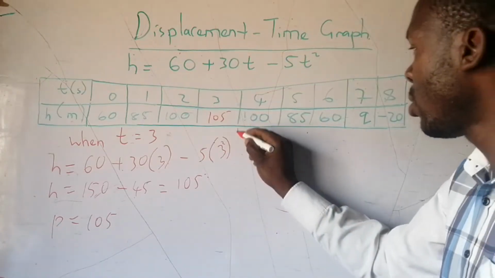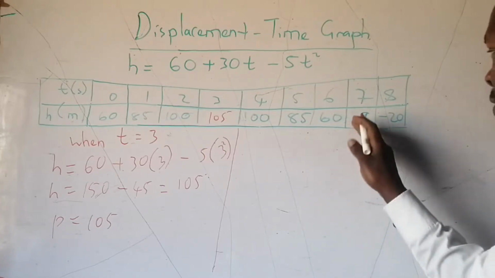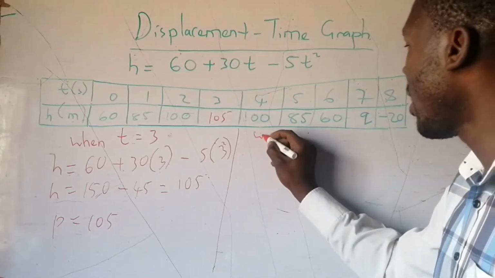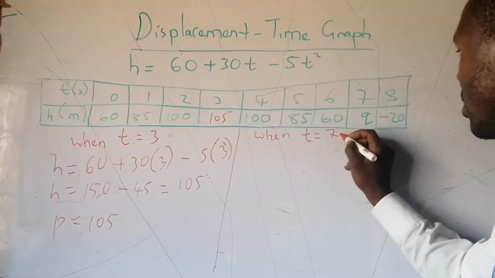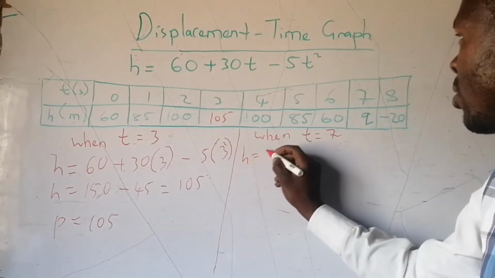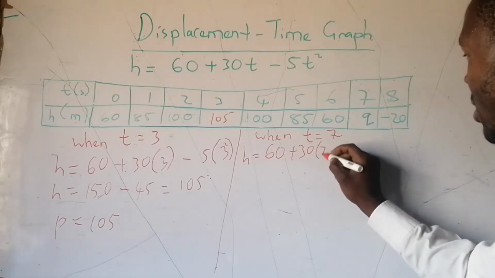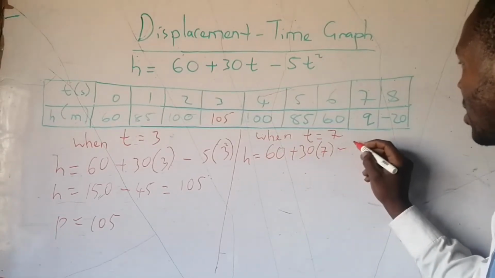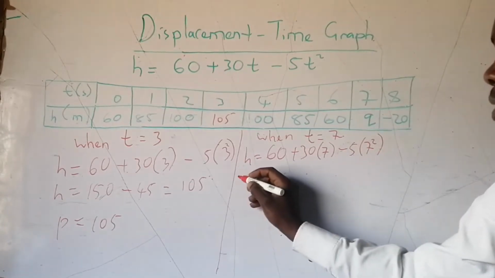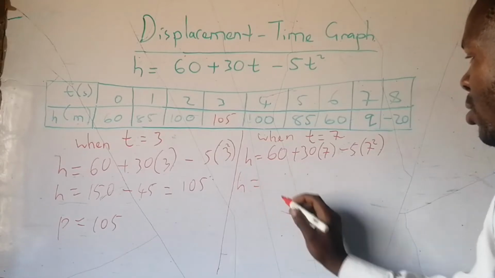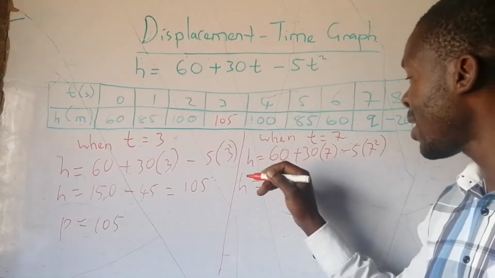We can now do some calculations to find the value of Q. We see again when T is equal to 7, H is equal to, say, 60 plus 30, open bracket, 7 minus 5, open bracket, 7 squared, then we close the bracket. H is equal to 30 times 7 is 210. 210 plus 60,